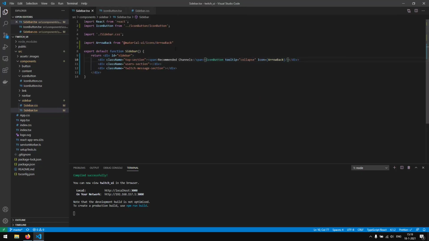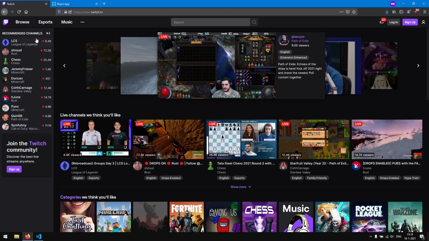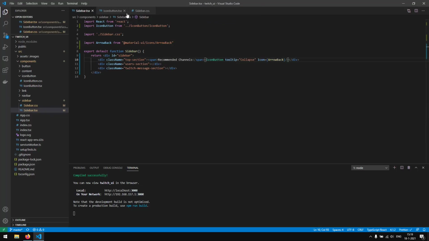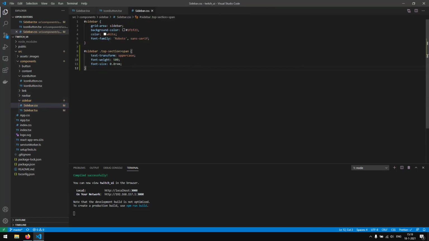Nice. We do want to write a capital C, like so, and then we actually want to display the button and the text next to each other. So we are going to do that by applying a flex class to the sidebar. So right here, well, actually to the top section, we are going to say display flex, and right now they should be next to each other,